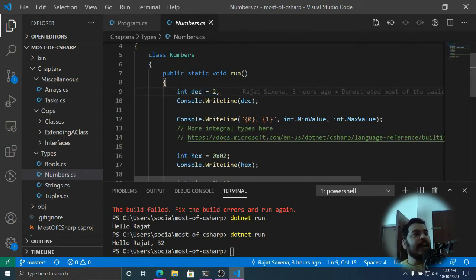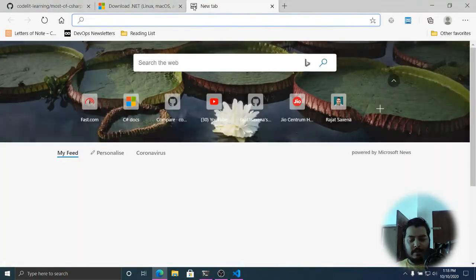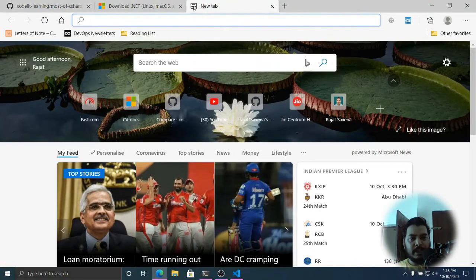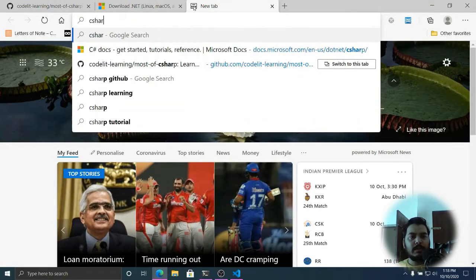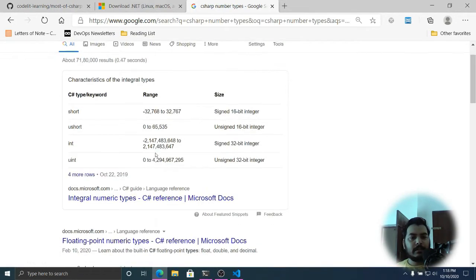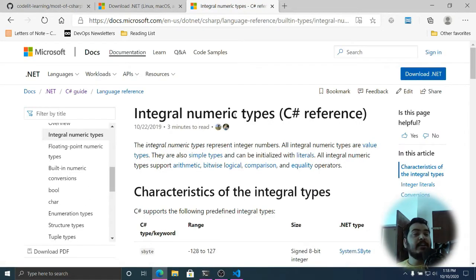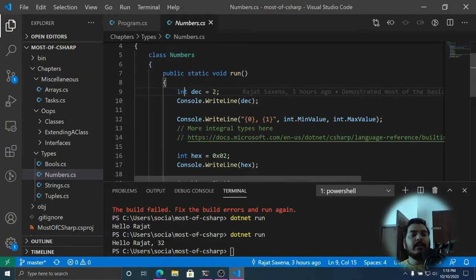Okay, so there are other types as well in C# that are of type number, and let me show you C# number types. Okay, so there are many types as you can see here. So these are known as integral numeric types. Okay, so this is how you define an integer. This is how you produce it to the output. And again, we have seen this thing.